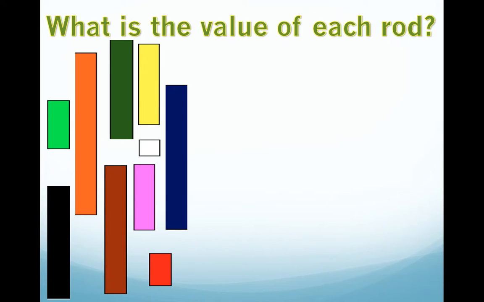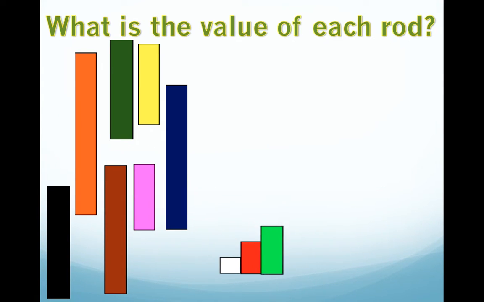Let's start at the bottom, so the smallest number. 1 is represented by the white rod. Each rod that follows will be increased by 1, or added to. 2 is the red rod. When we add one more, we get the light green rod, which represents 3. If we continue this, purple will be 4,